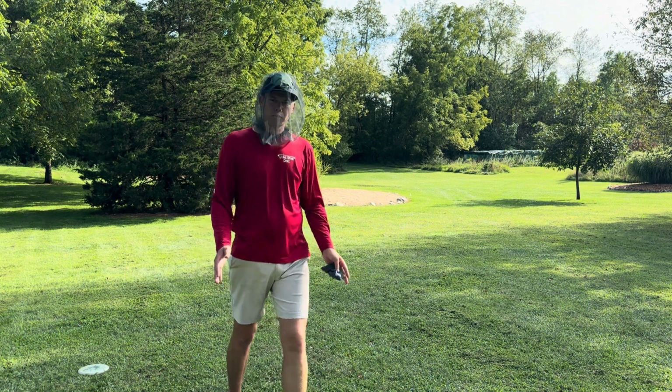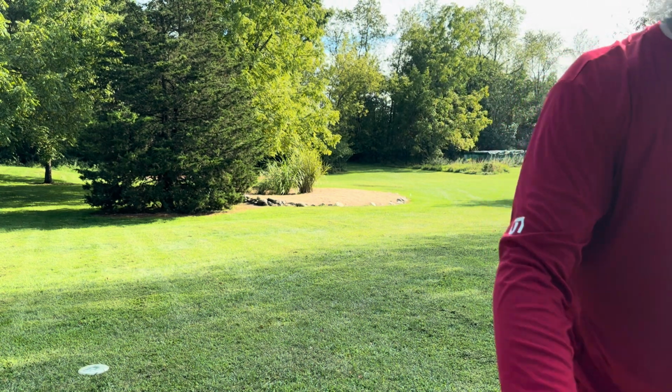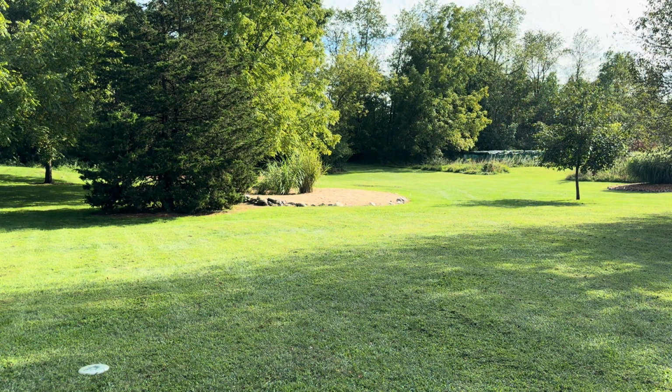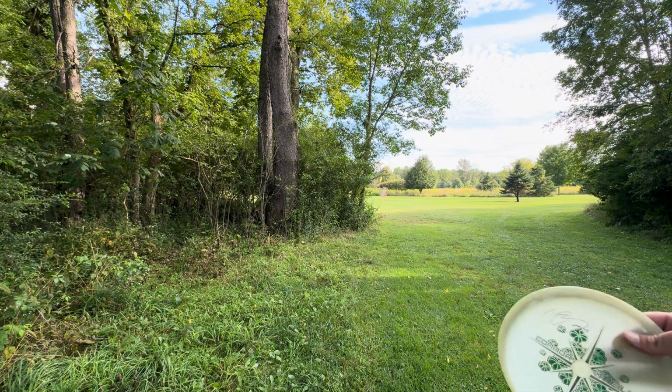Now, the reason I chose yellow rose over a disc like the horny toad is I can enter that gap on the angle I want, but get more of a forward push through the gap instead of just getting into the gap and then fading left of it. The basket's quite a bit further through this gap than I remember,